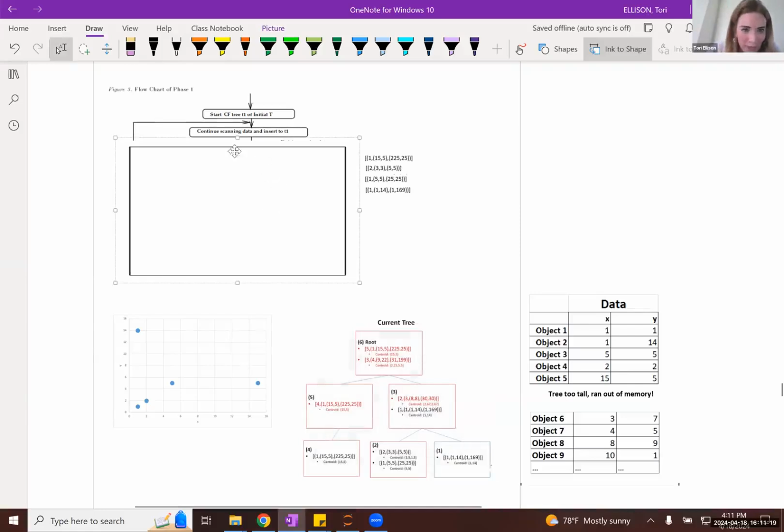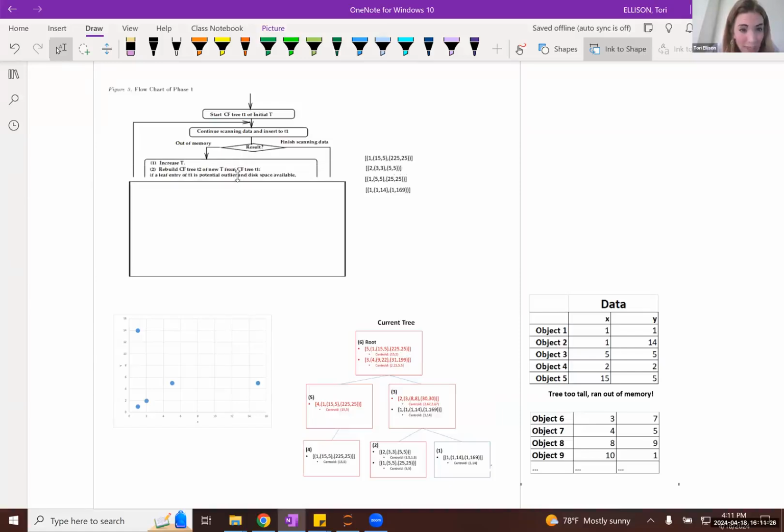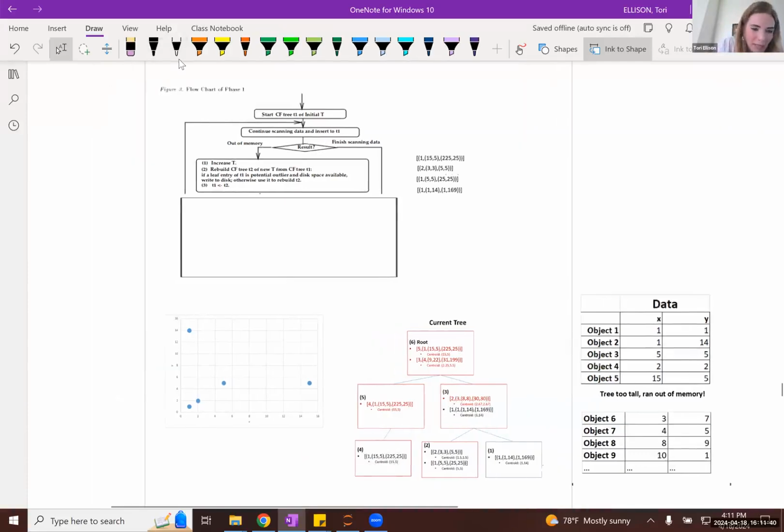If you run into a scenario like that, you run out of memory, then what the extended version of phase 1 does is it stops the algorithm. It increases that subcluster diameter threshold t based on some step size that you pre-select.